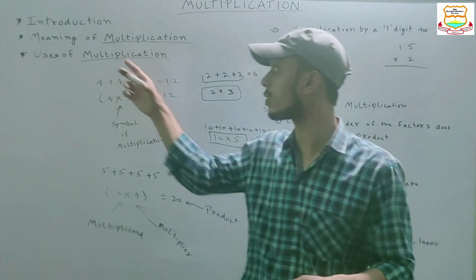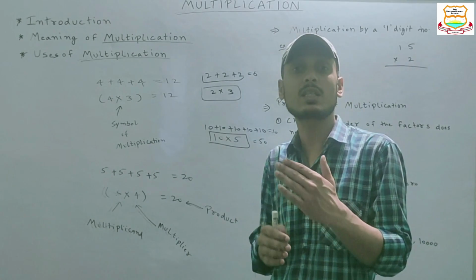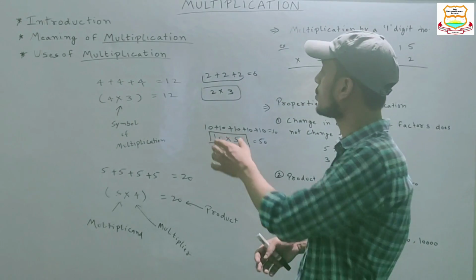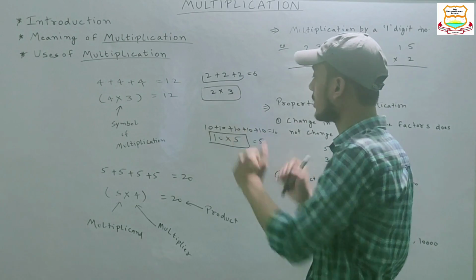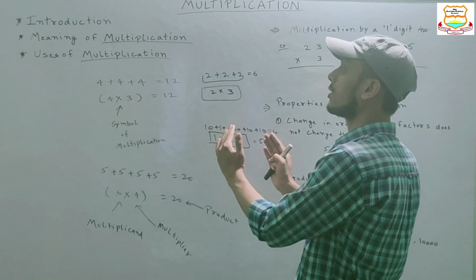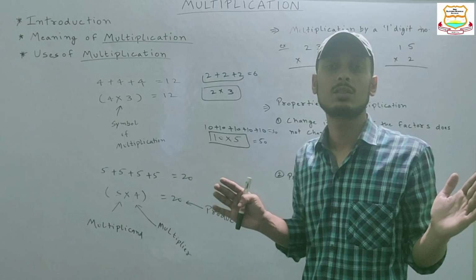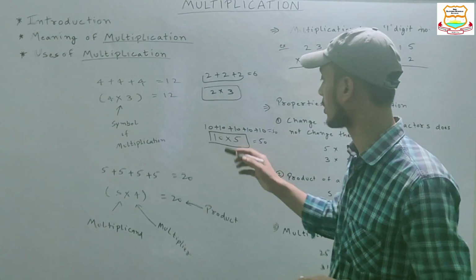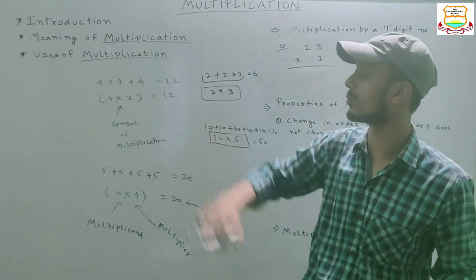So this is the use of multiplication. Multiplication makes calculation easier. Suppose you are adding this 5 times. It is so difficult and it is also lengthy. So multiplication is a shortcut technique for repeated addition of bigger numbers. Got it? 10 5s are 50. So I have explained you the use of multiplication.